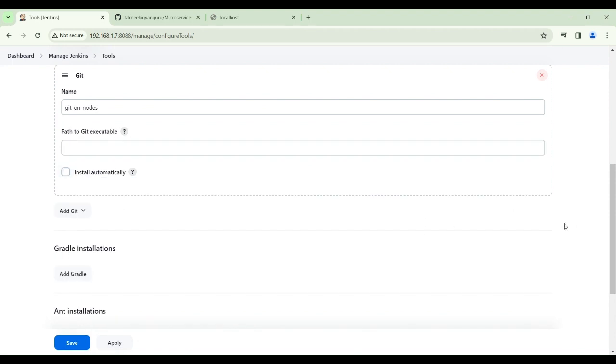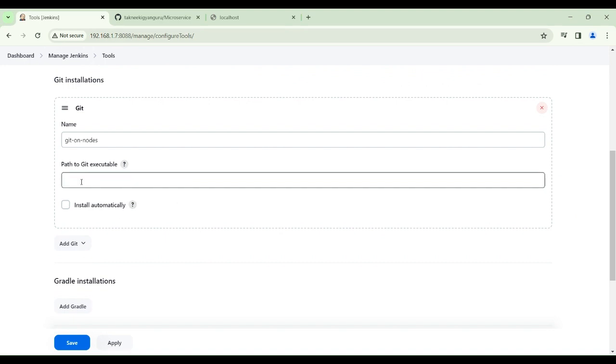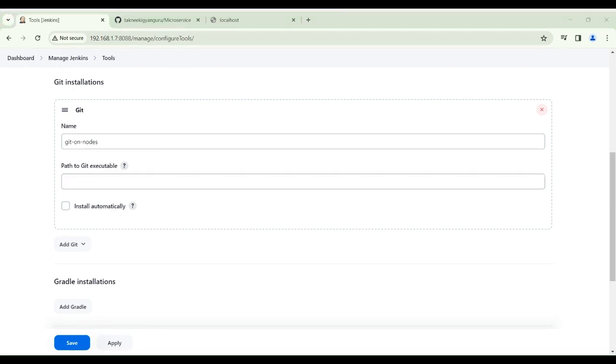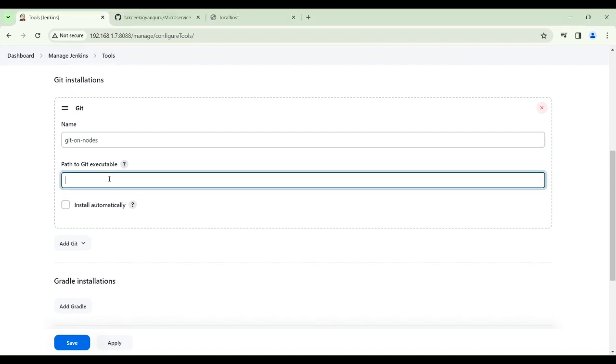Okay, so you need to get the path of the executable here. You don't need to install it. If you have already manually installed Git, you know where the install is. You need to give the path of your installation where your Git is installed, right? So generally, if you install it, we should have this path